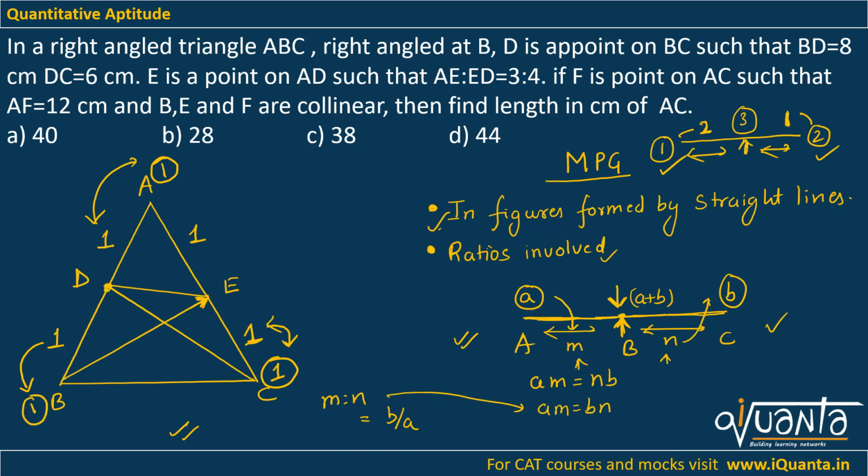And the weight at the middle, that means at point D, should be equal to the sum of these two weights, 1 and 1, which gives me weight 2 over here. And similarly here also at point E I will have weight 2, this one plus this one. Let me assume that this point is O. Now in the straight line BE, at this particular point I have weight 1 and here I have weight 2. So at point O I will have weight 1 plus 2, that means 3.